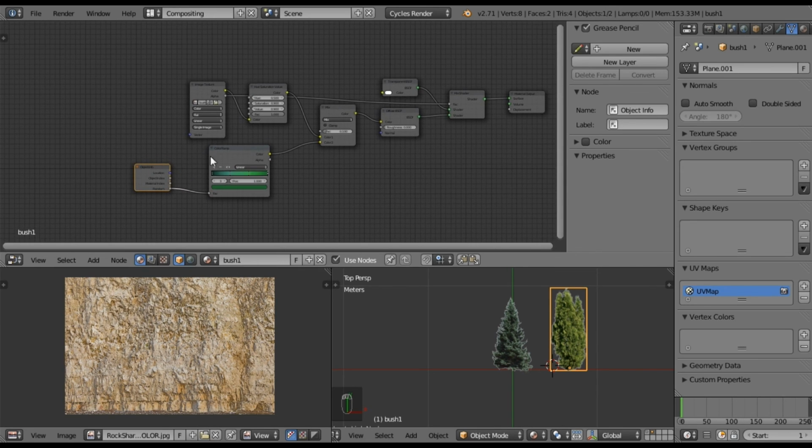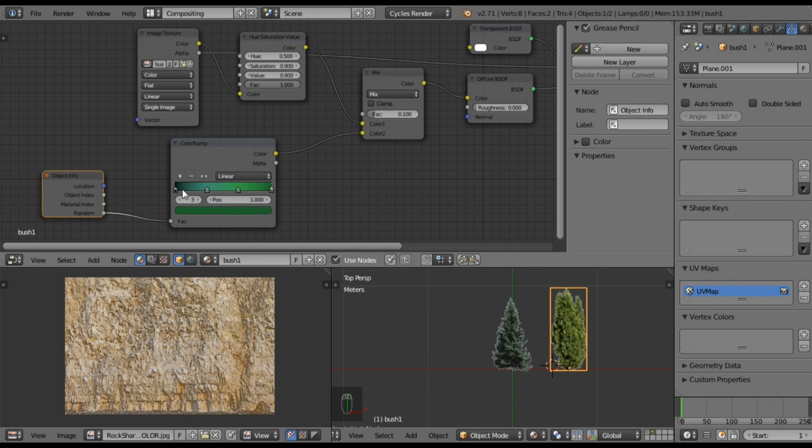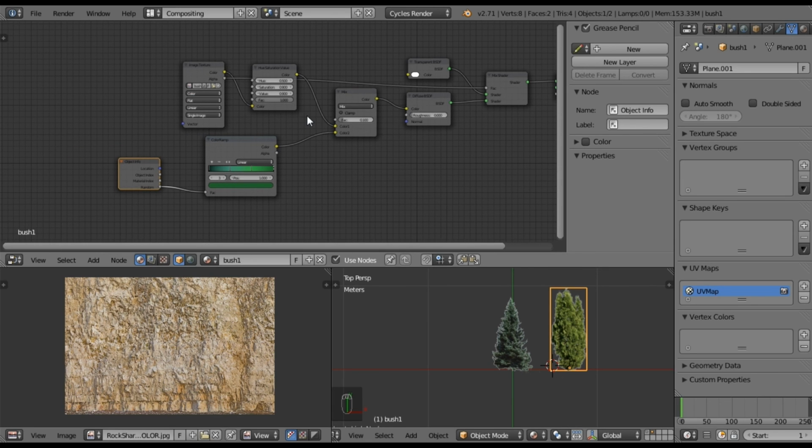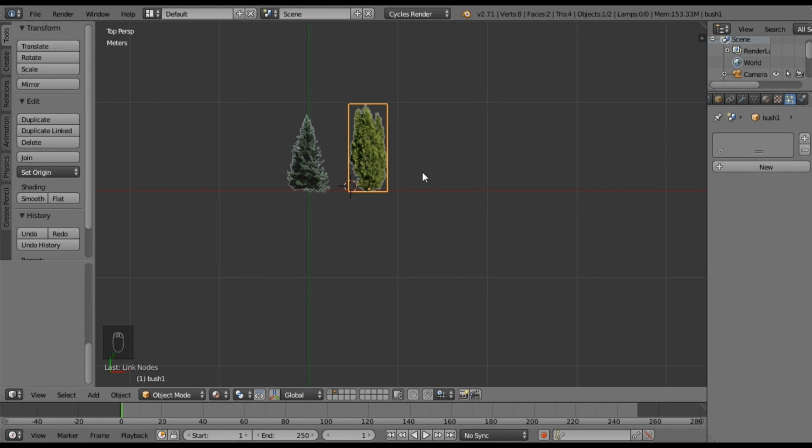So now basically every instance of that object in our particle system will be given a different random value. So it'll be given basically a number between 1 and 4. Since we have 4 colors, it'll be given one of those numbers, which it will assign the color to that object. So all of our particles for that bush will have these 4 different colors mixed in with it. It's just a quick way to get some blended colors, a little bit of variation in what we're doing. So default, and let's go back to our